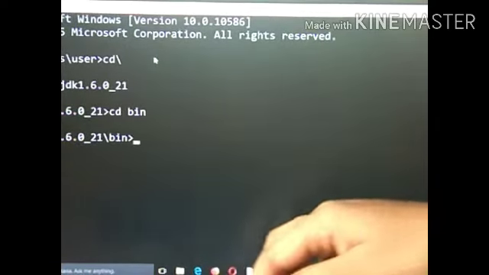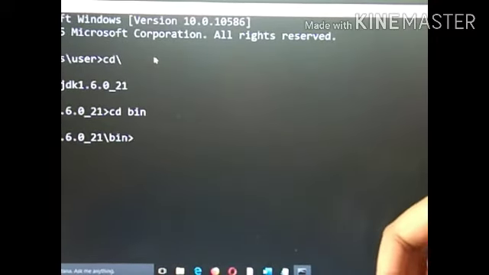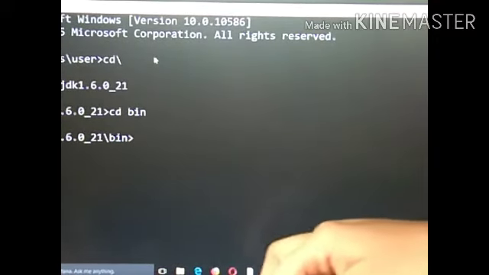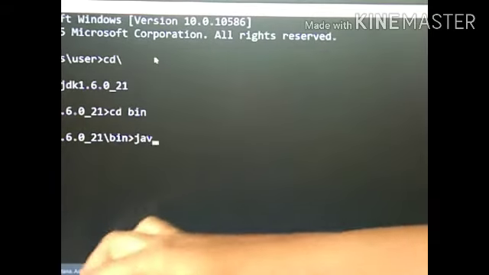I have already compiled this program, so I will run this directly.